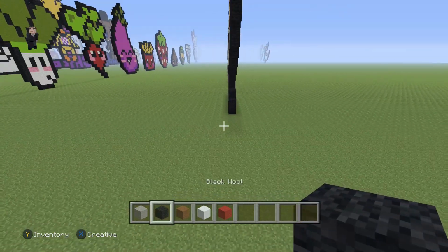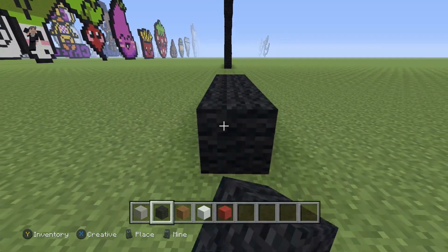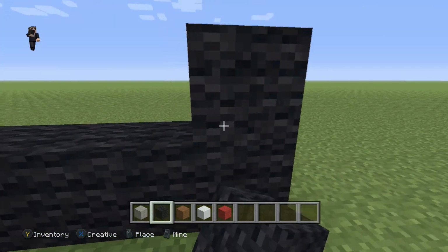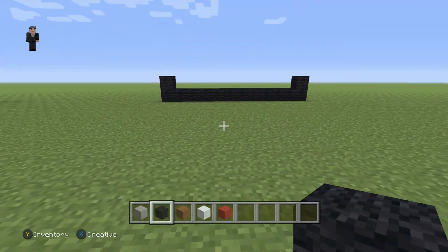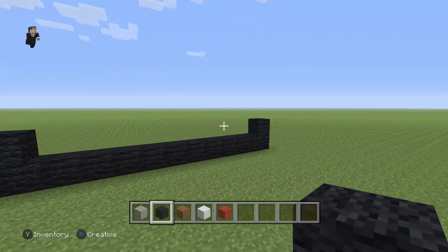We're going to begin with 12 blocks of our black wool. So here we go. We're going to go 1, 2, 3, 4, 5, 6, 7, 8, 9, 10, 11, 12. And then on each end of those 12 black wools, we're going to go up by 1 black wool. So we're going to be making the bowl where the ice cream goes on. So just make sure you guys have those 12 black wools with 1 black wool going up on each